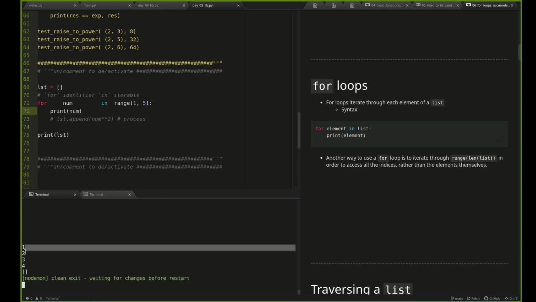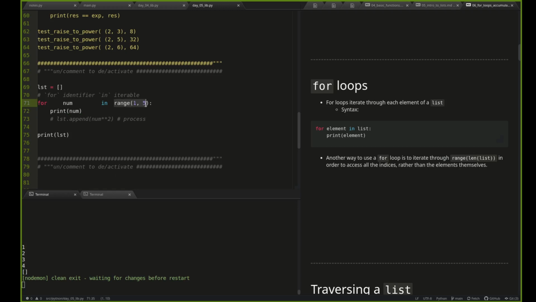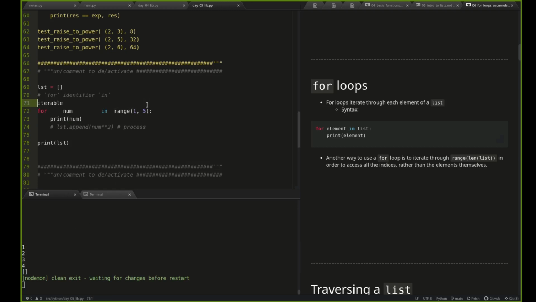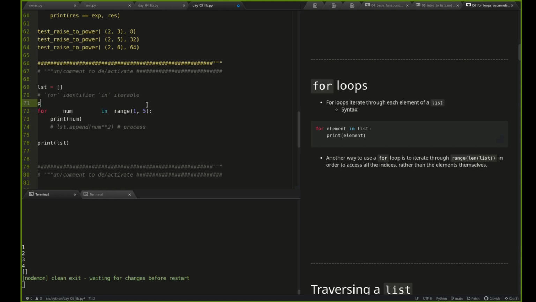So I get 1, 2, 3, and 4, right? And if I were to print a list of this range, I would get a list containing 1, 2, 3, and 4, right? So you can see in this loop, hopefully, each number in this range is being assigned